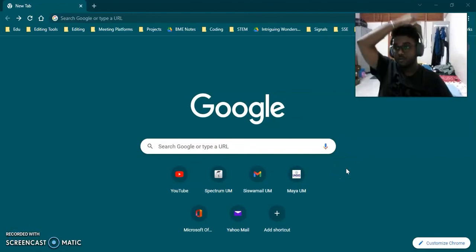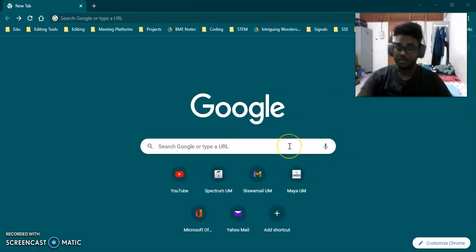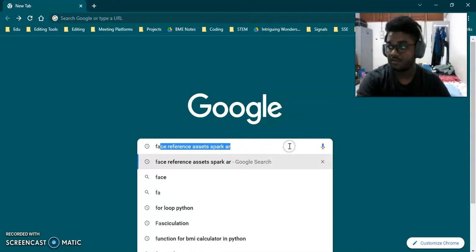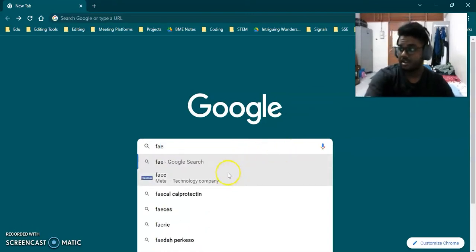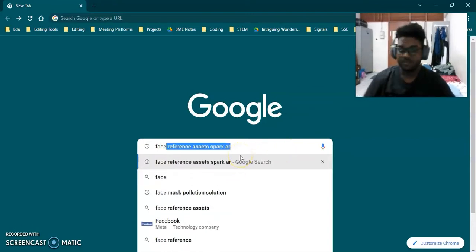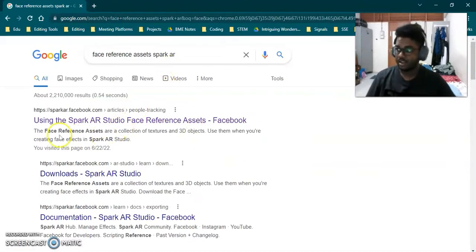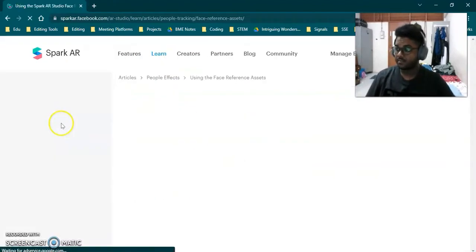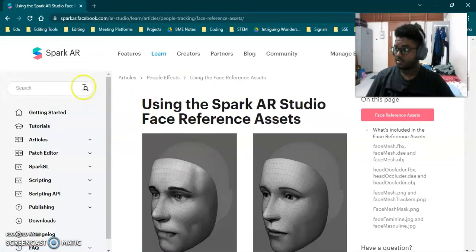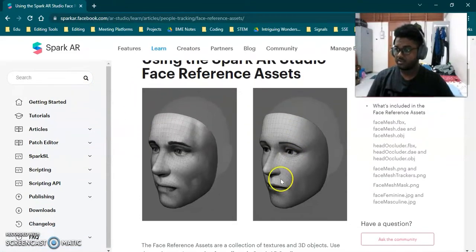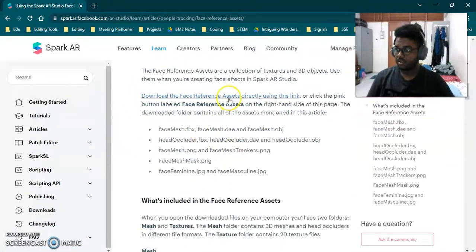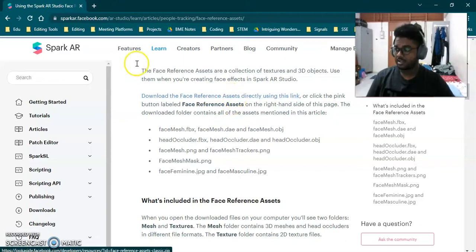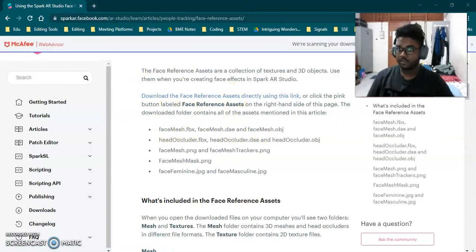So before moving to Photoshop, there are a few things that we have to download first, which is the face reference. So face reference assets by Spark AR. Here's the link, and then it goes to this. So this is what we are going to download now. So by clicking on this, the file will be downloaded, and then we will have